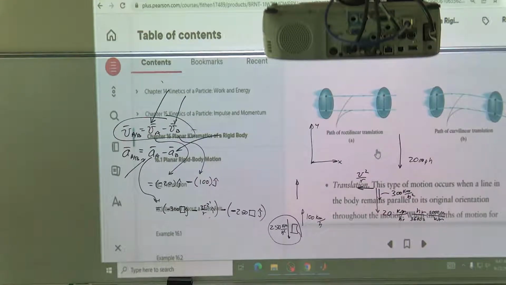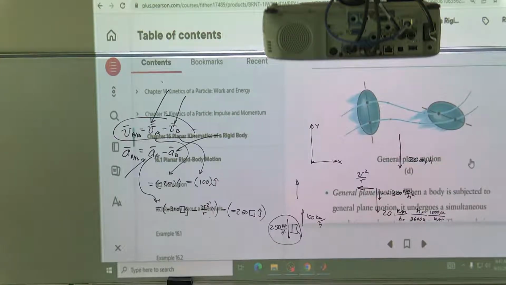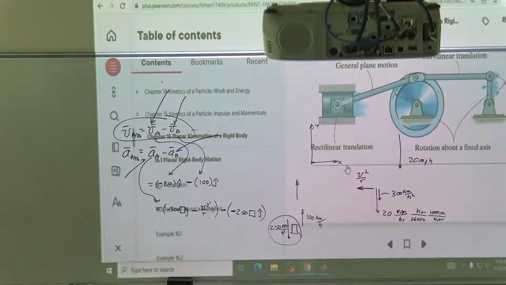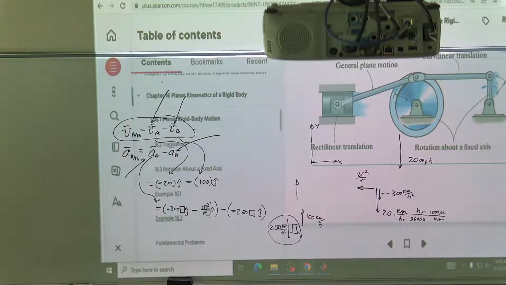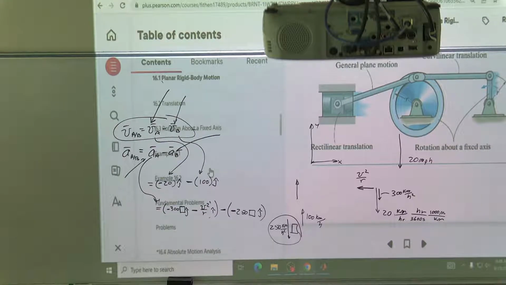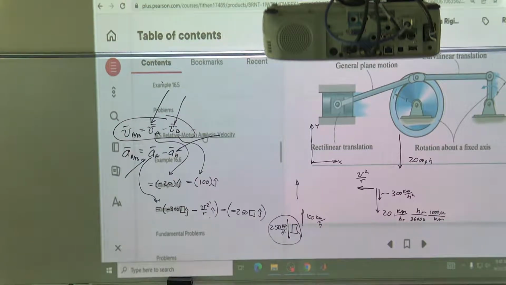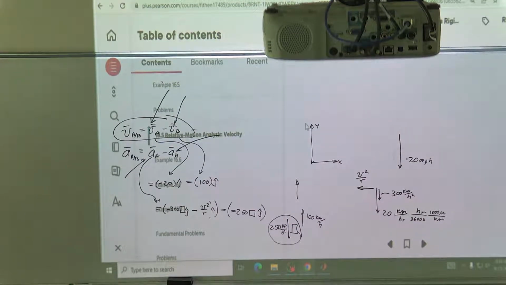So here you get types of motion. You get pure rectilinear, curvilinear, but still no rotation. Then you can have rotation. Then you have general motion, rotation, and so here's a mechanism or an engine or whatever that is. Oh, and then I got to jump. Okay, so then you got rotation about a fixed axis, absolute motion analysis, relative, and so here's the part where